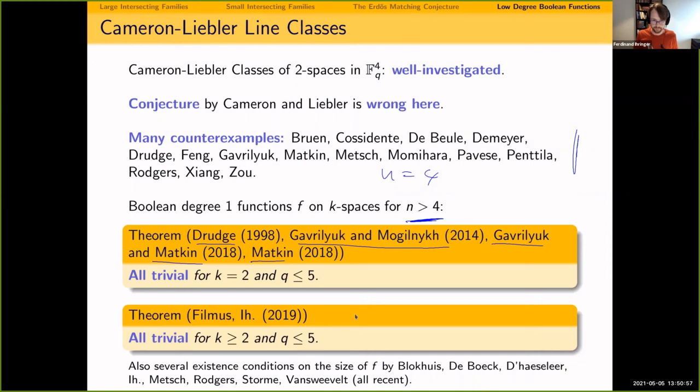How you do that is you do induction on n. You can also start doing induction on k. And when you do induction on k, you see that this is also true for all k as long as n is larger than 4. The restriction here is that you have only q equals 2, 3, 4 and 5, and it could be that this is no longer true as soon as q is larger. But the natural conjecture, or open problem, would be to show that this is true for all prime powers.